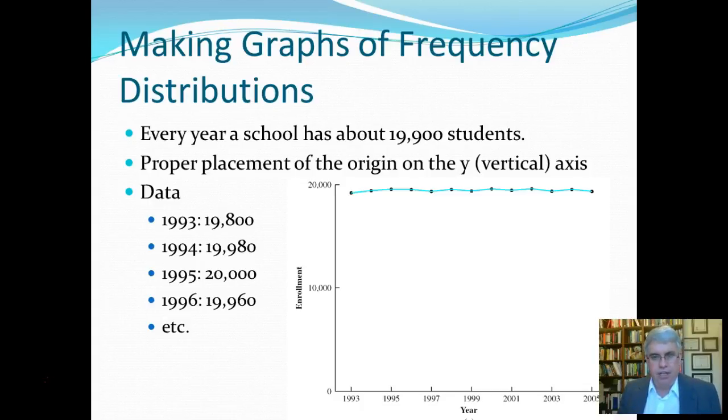But unfortunately, sometimes people have enemies. And suppose that the president of this university, who's been president for 20 years or so, has some enemies that want him out. One way that they could create an argument against him would be changing the y-axis and making it kind of deceitful.